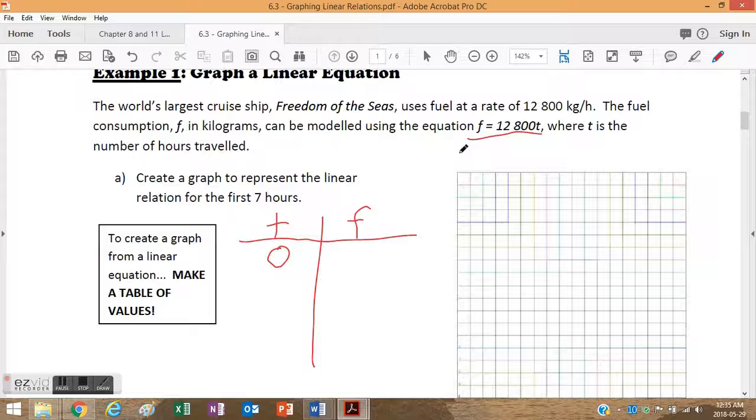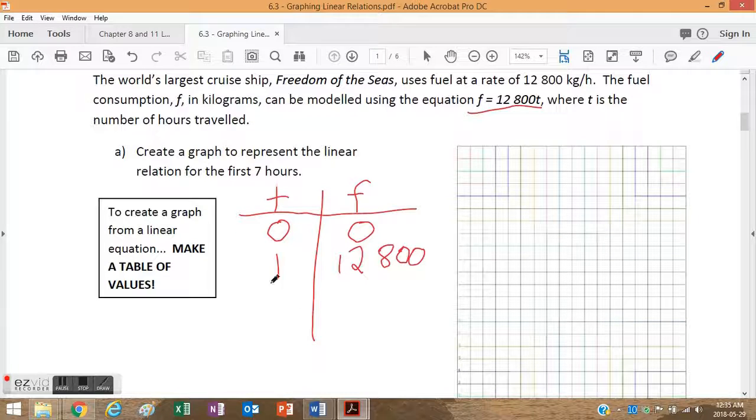That's easy multiplication. I can do that in my head. Fuel consumption is 0. Yay, look at us go. Time is 1 hour. Fuel consumption, well, 1 times 12,800 is, you got it. I can do this in my head. It's going to stop soon, but 2, okay, multiply 12,800 by 2, because we put in t here. F is equal to 12,800 times t, and this is going to be 25,600,